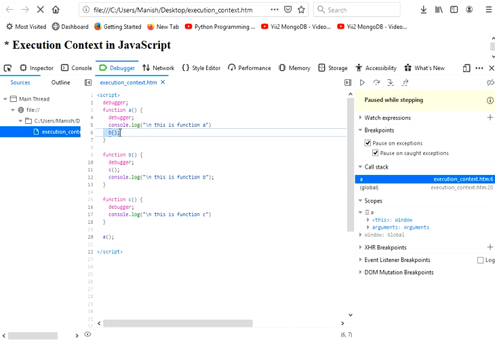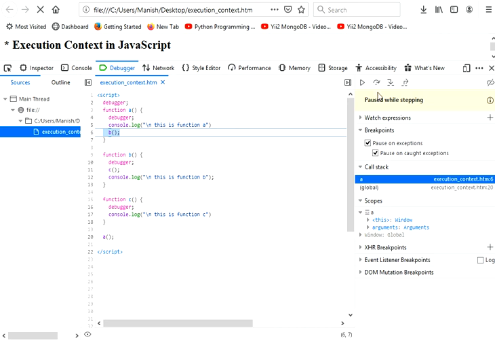Now as soon as the control is passed to function B, whenever the execution of function B starts, a new execution context will be created for function B, and at the same time, to keep track of the execution context of function B, that execution context will be pushed into the call stack.